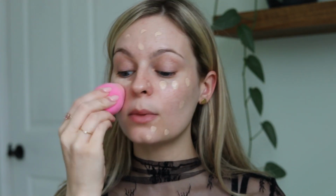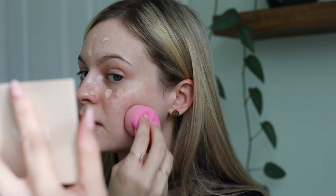Shoot, I realized I have to wet my sponge. Now that our sponge is wet, I'm just going to dab that in. I forgot about my little mirror here. So as you can see as I'm blending it, it's covering and making my skin tone look more even, but it's not completely covering up every square inch of my skin. It's still showing some natural